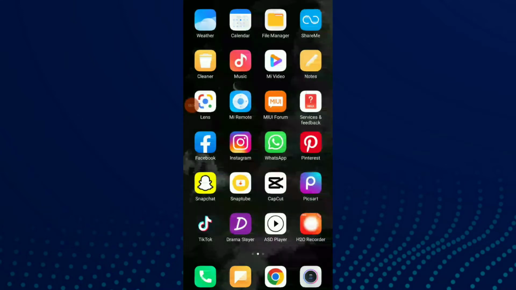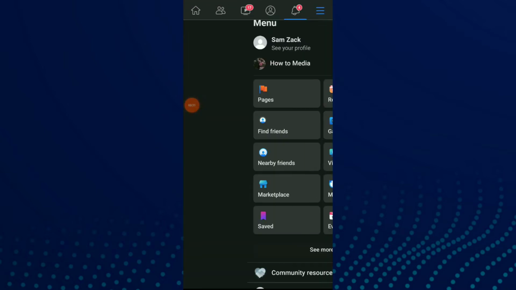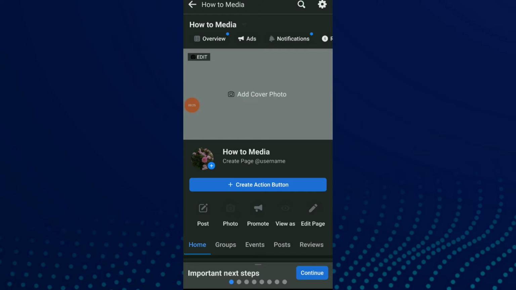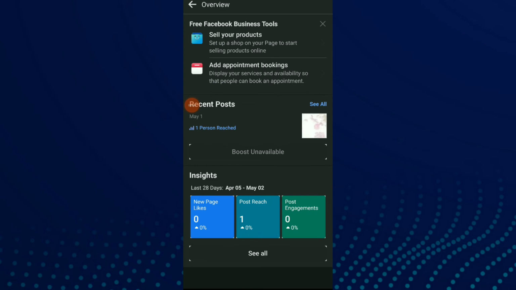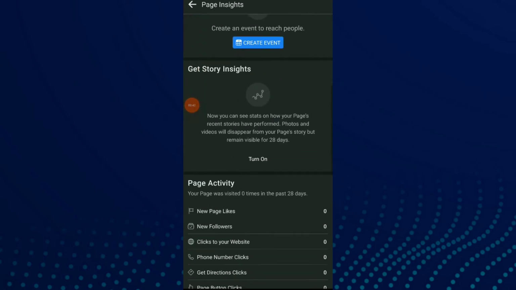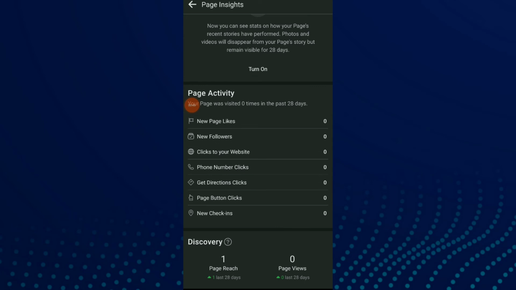So first thing, go to your Facebook app, click on it. In here all you need to do is click on those three lines up there and click on your page. Now click on overview at the top of your profile, and here you're gonna scroll down and click on insights, click on see all. Scroll down and you're gonna find page activity, which is your new page likes, and here you're gonna find